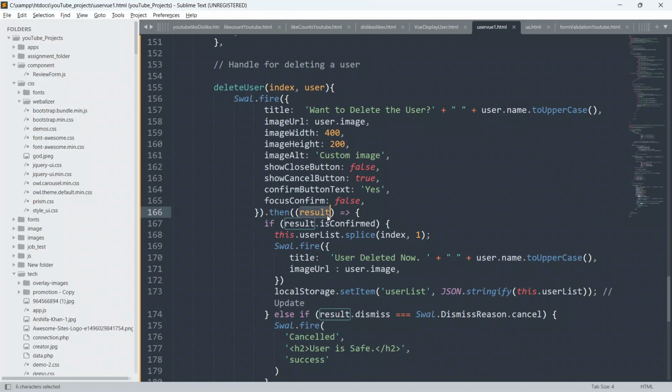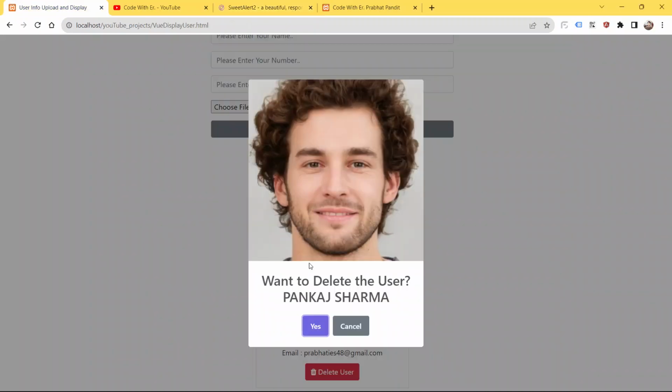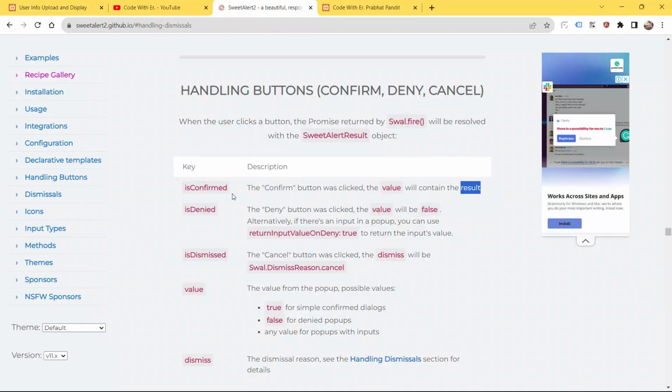Then we are saying result equal fat arrow function, and we are checking if result dot is confirmed, means guys, user have pressed the yes button. Here it is also saying is confirmed, the confirm button was clicked.